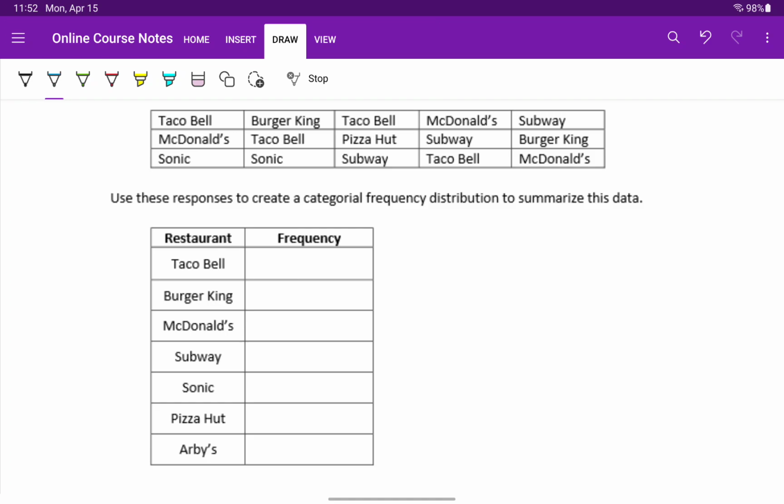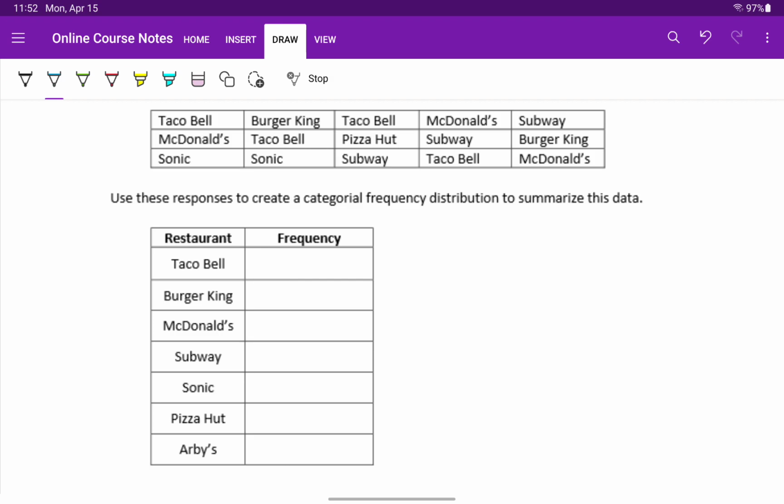In order to organize this information, rather than have this list, especially if we imagine this survey being conducted with 100 people, 1,000 people, providing each of the individual answers isn't very helpful to us. We can't really see any patterns that are occurring. So what we're going to do is create a categorical frequency distribution by just tallying up the number of times